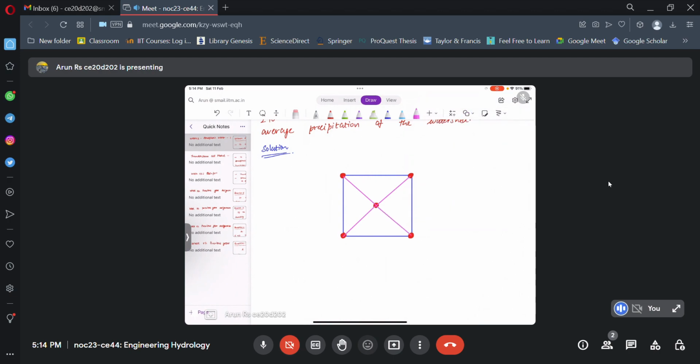So now I have drawn the triangle. Now I need to draw the perpendicular bisector for each side of the triangle, and intersect with the catchment boundary. So for this side, I will draw a perpendicular bisector like this. Similarly, for this side,